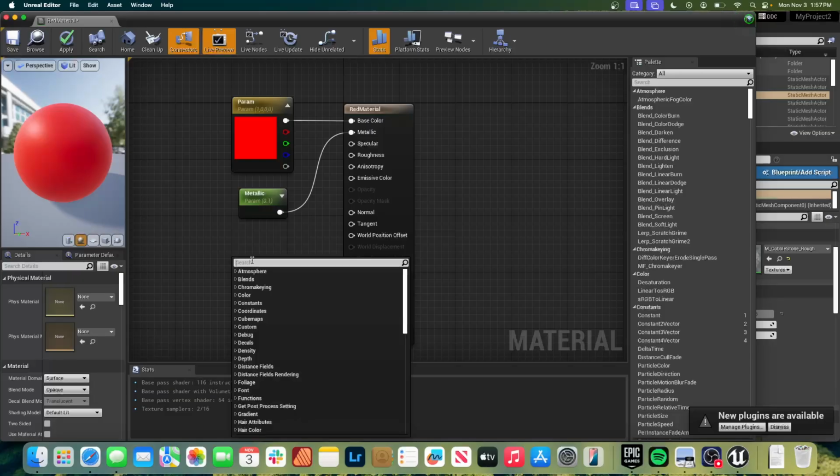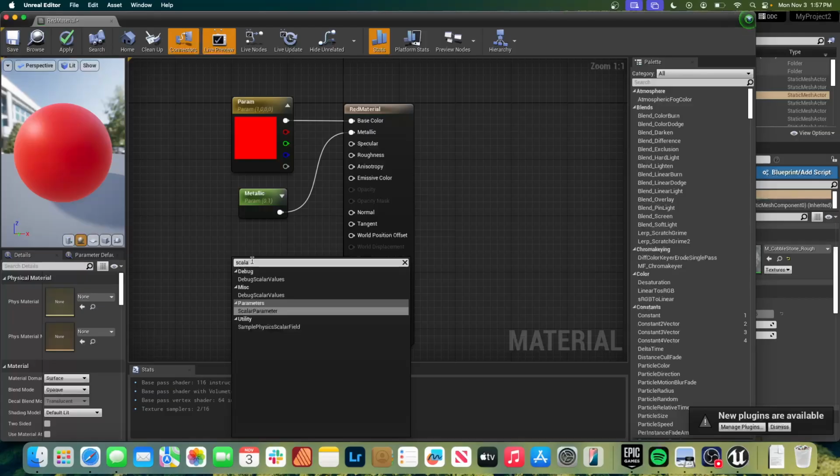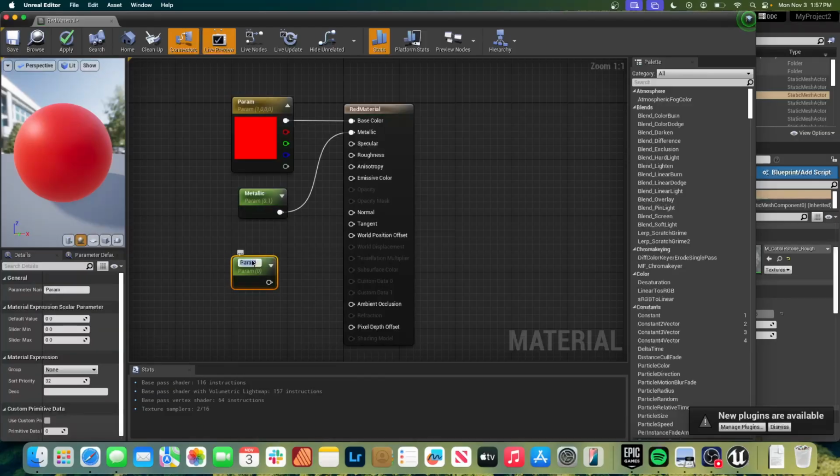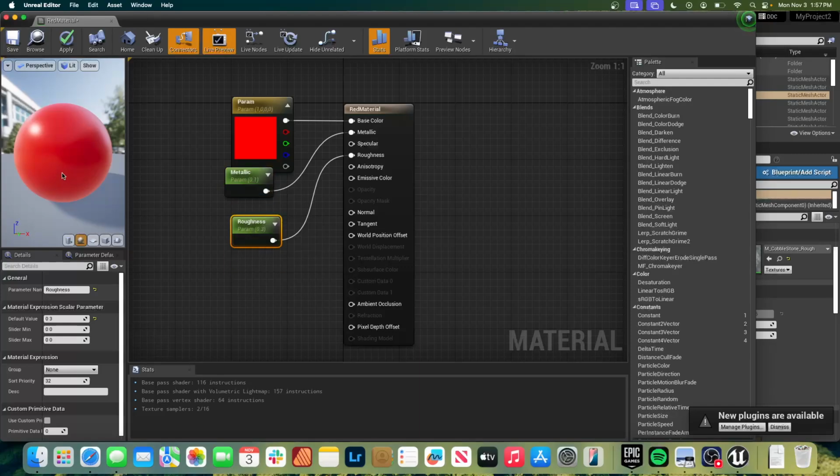So then we go in here and we add another scalar parameter. We'll call this one roughness. Bring that up maybe to 0.3. Drag and drop that to the actual thing there, and now you've got more texture along the ball, right? So yeah,